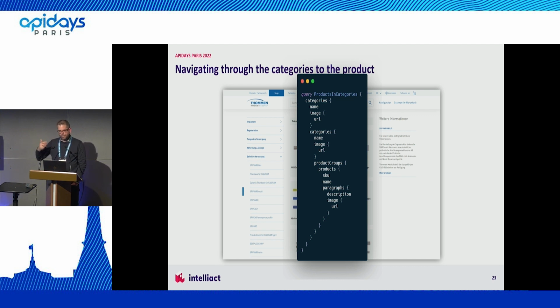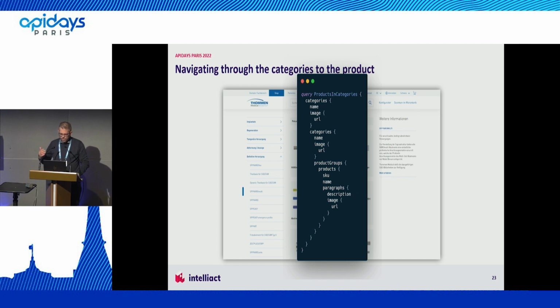We can create a product model because as a company we know how our product works. So we know what the products are, how they're structured, how they're configured, and that's how we will sell the product also in the future. But what we don't know is how our applications that make use of the product data are structured. And that's where GraphQL is really brilliant, where, for example, for this easy navigation from categories